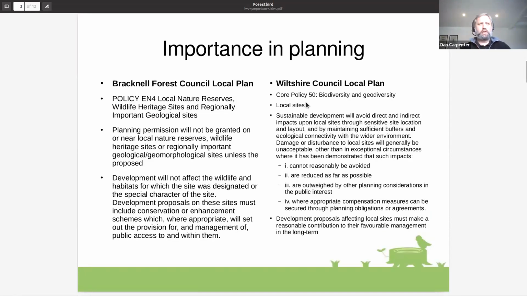So I just wanted to quickly talk about the importance of local wildlife sites in the planning system. You heard from John, a really good example of how a site that was a local wildlife site came up for development, and the work that he's involved in mitigating and compensating for the impacts of development. But in many, many local plans, if not all local plans written by local planning authorities, they will have policies that detail how local wildlife sites are supposed to be treated within the planning and development realm. So here are just two quick examples of those policies